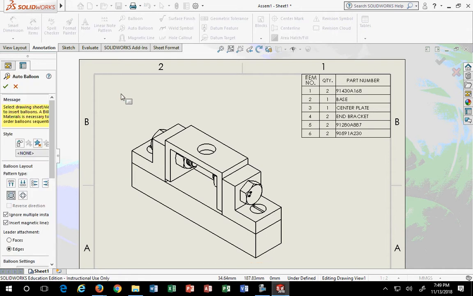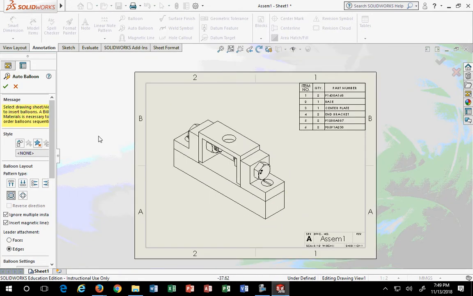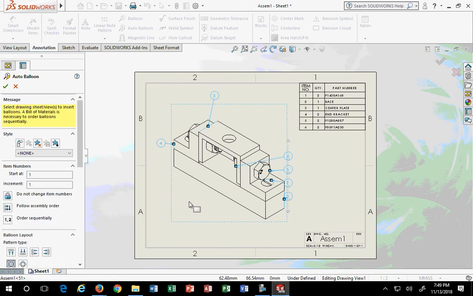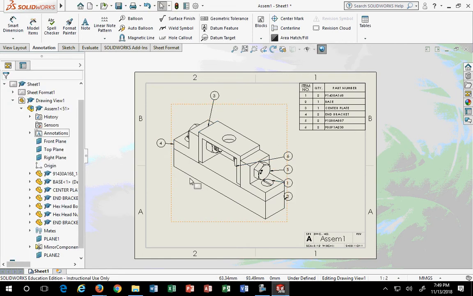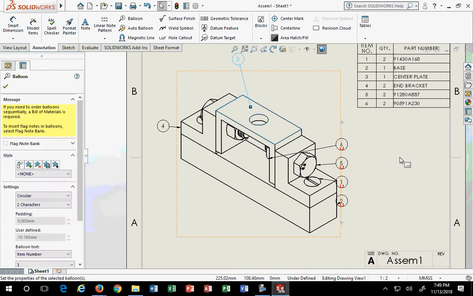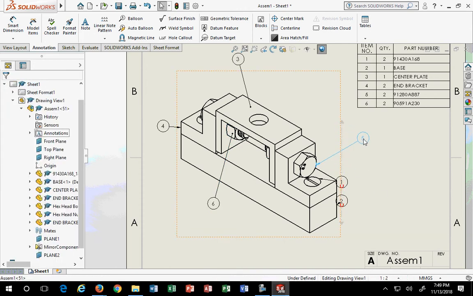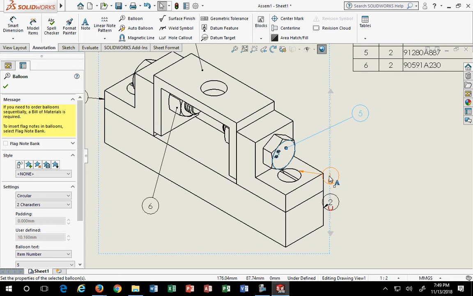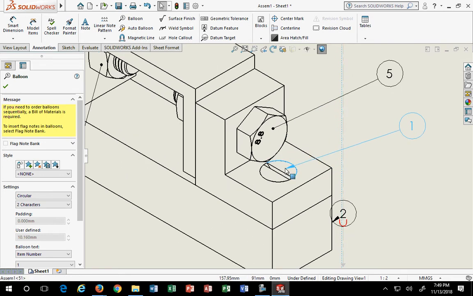When you click auto balloon, okay, let me open this up a little bit on the side here. When you pick this object, notice what it does. Drops them all in one shot. Maybe not exactly the way you want them in there, but it drops them all in. When you hit OK to that, then all you have to do is locate them in a more advantageous position. Get it? Put it in a better spot where it's clearer to whoever the viewer of the images,